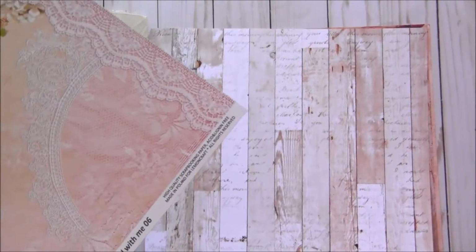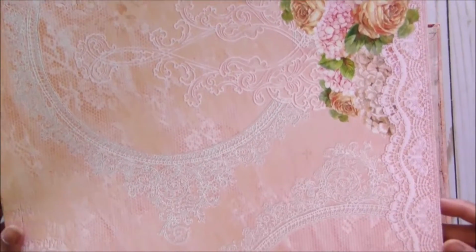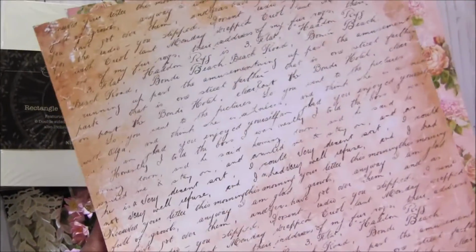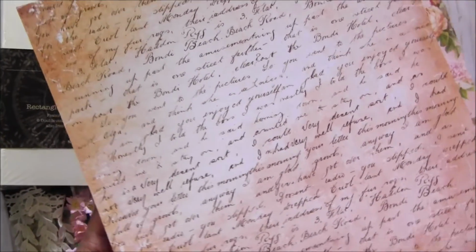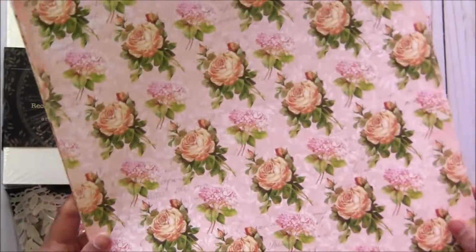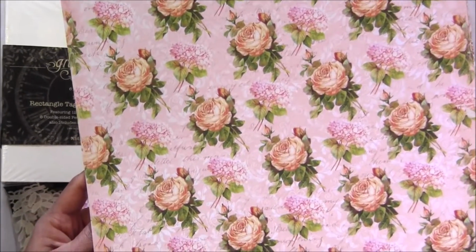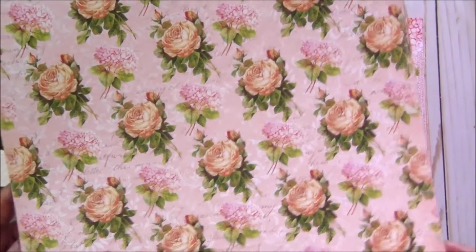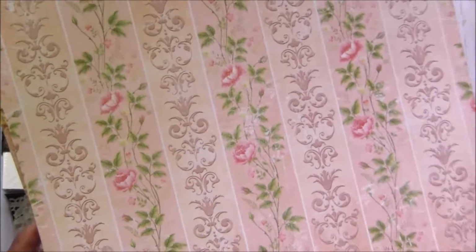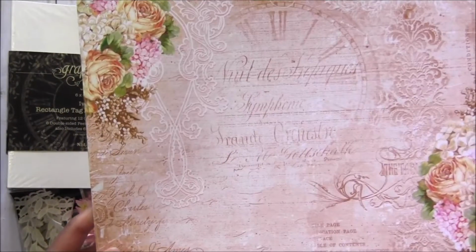So peach and pink combination, always like a very pretty combination. And the scripted. And at the end of this video I have a small tutorial of album cover I created, and rest of the album definitely will finish soon. And back side, and this one,